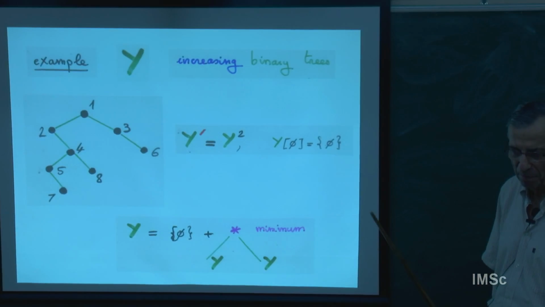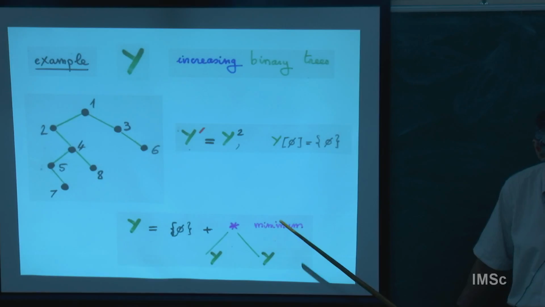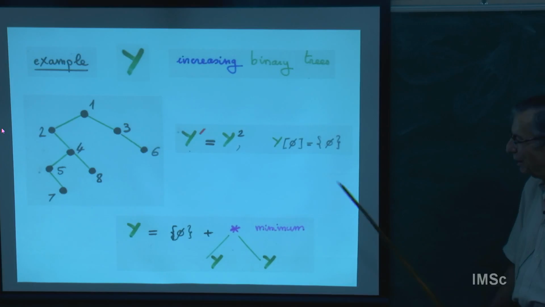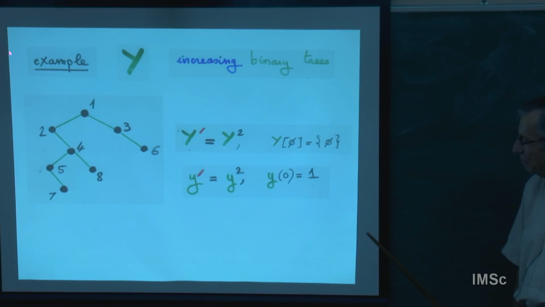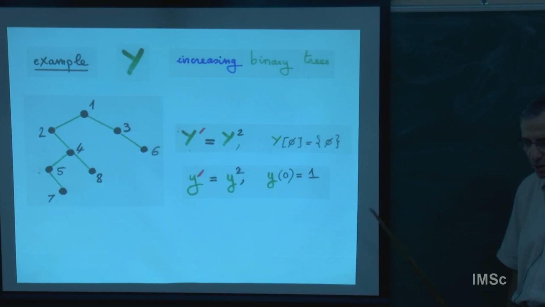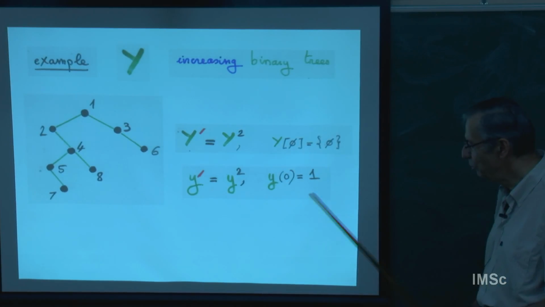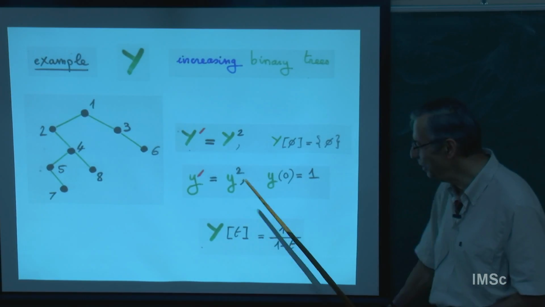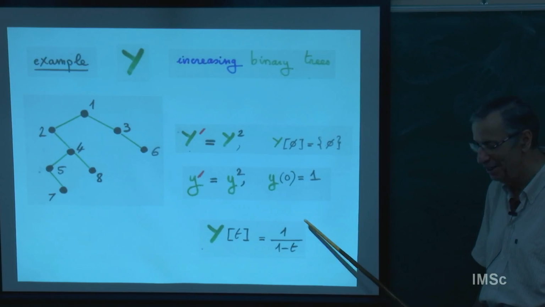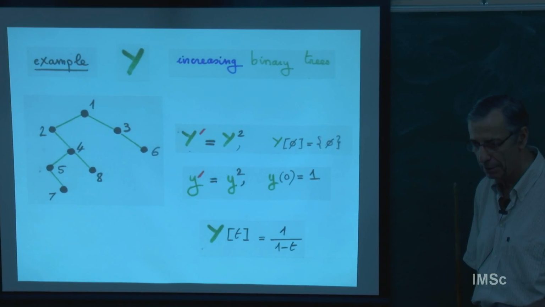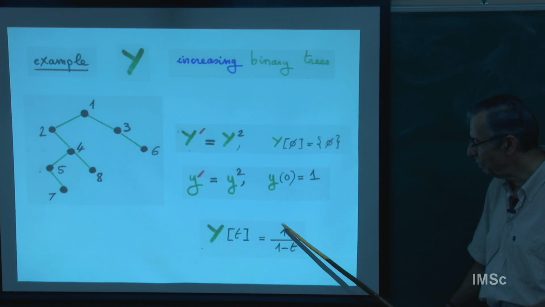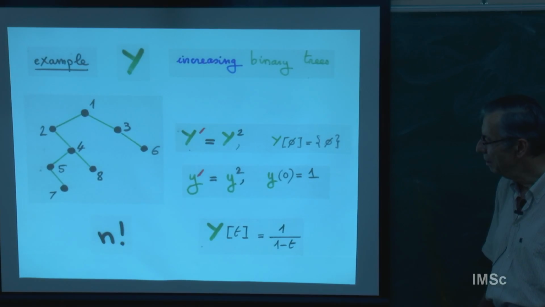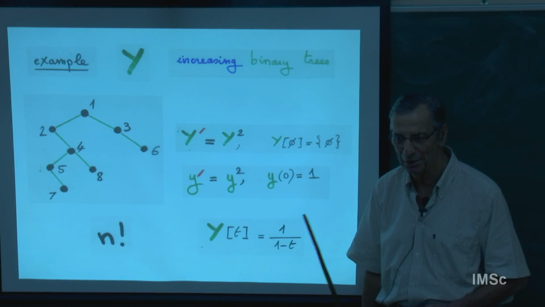So, going back home, you can convince yourself that the increasing binary tree satisfies this differential equation. At the level of species, so at the level of the derivative function, it's this differential equation, which you have seen last time, a differential equation for total order. So I have a proof that the derivative function of increasing binary trees, by differential equation, is exactly 1 over 1 minus t. The derivative of this is the square of this, with the same initial condition. And so it's a second proof that this is n factorial.